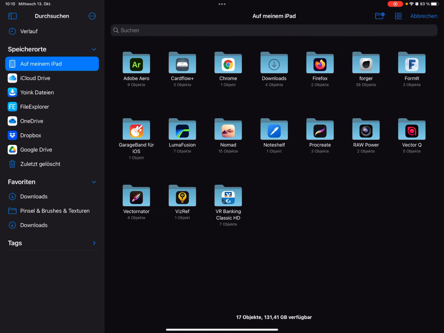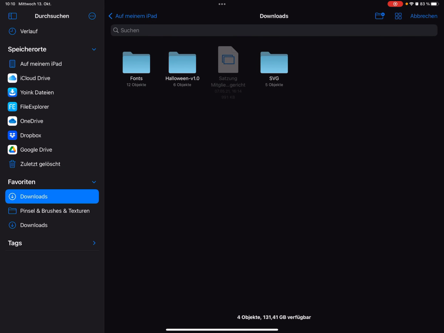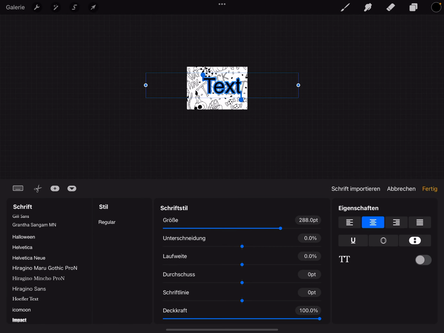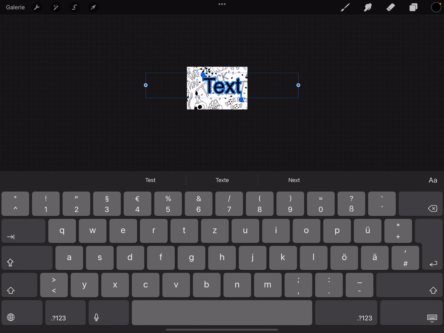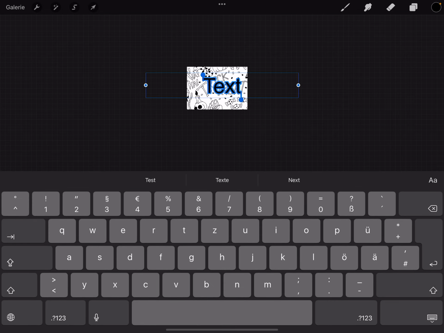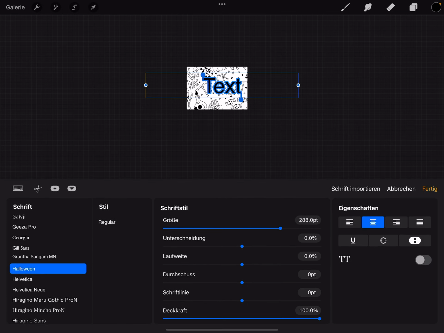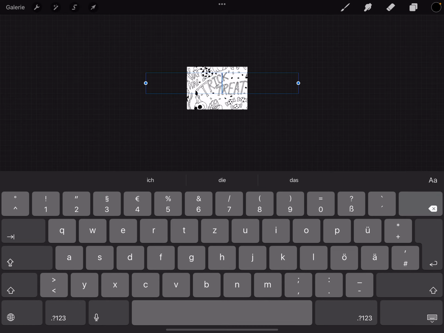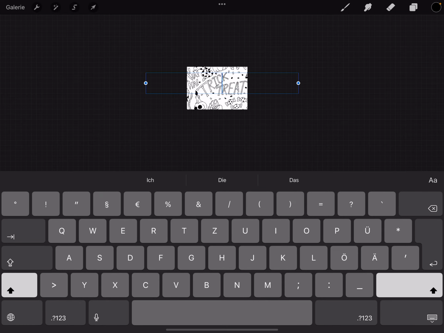You have to import your font, the Halloween font. And now look at here, Halloween font on the left side. You can select it and press now the keyboard, and the letters you used, A and S,